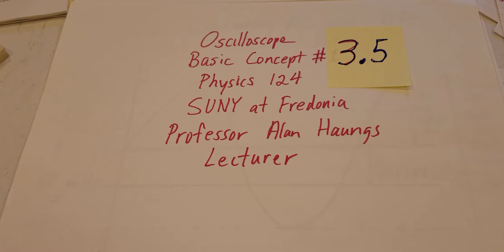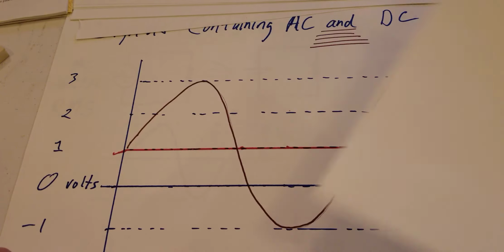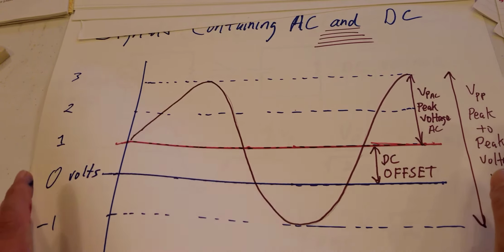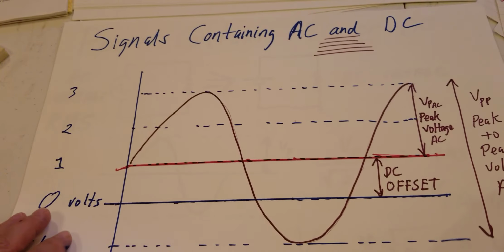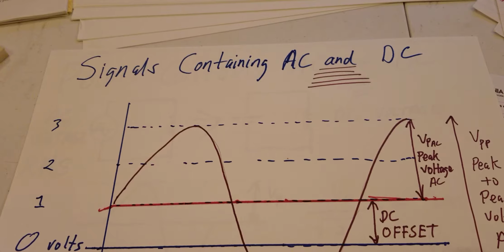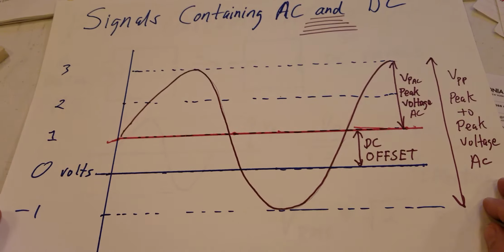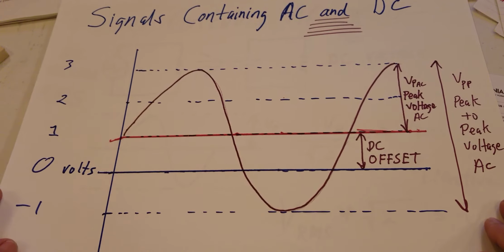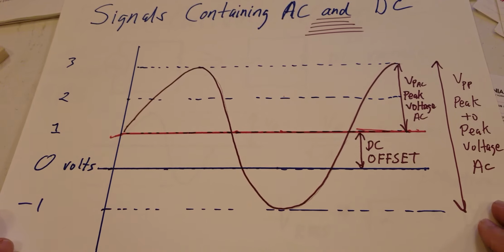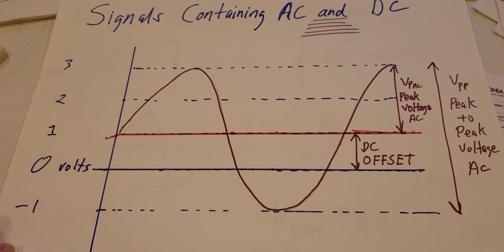I realized I had to add this in after I looked at my videos, to make a smooth transition of the idea. We were talking about signals a lot, and signals can be pretty complicated. Signals can contain both AC and DC simultaneously, and that's done purposely by engineers for good reasons. I'm not going to get into the reasons, but here's an example of an AC,